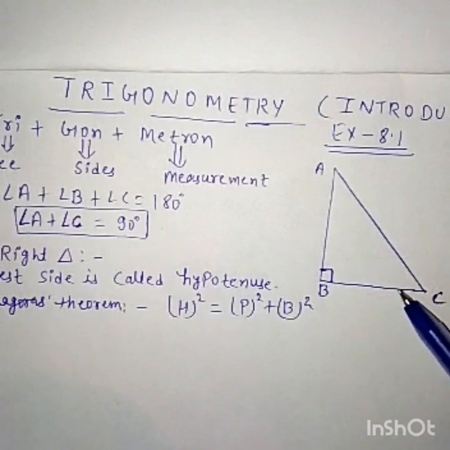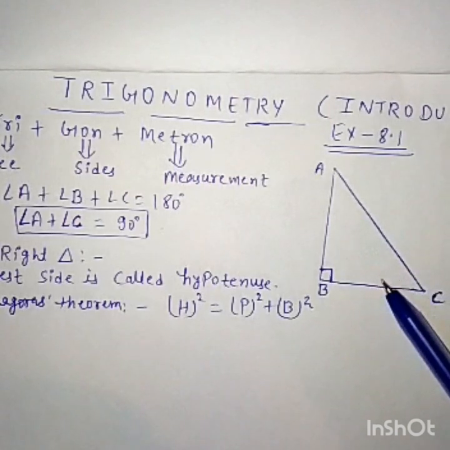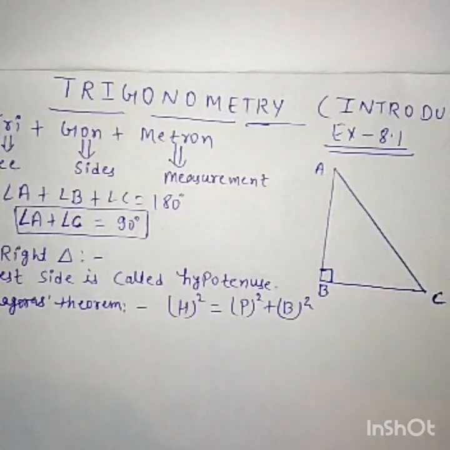Now the question arises, which is base, BC or AB? The answer is both can be. It only depends on your view angle. What is your view angle? You are studying trigo for the first time, so I will give you some techniques which help you to recognize the base and the perpendicular.